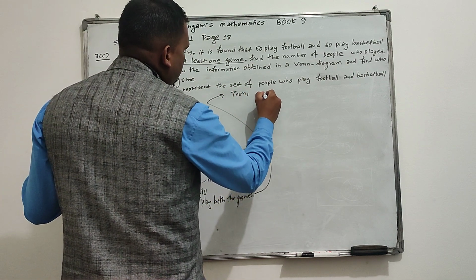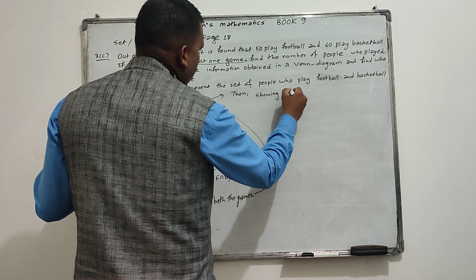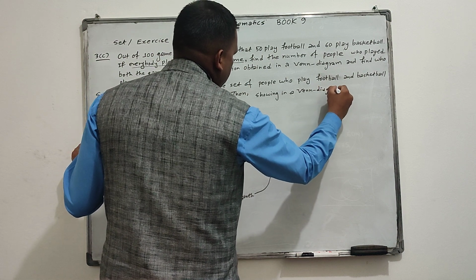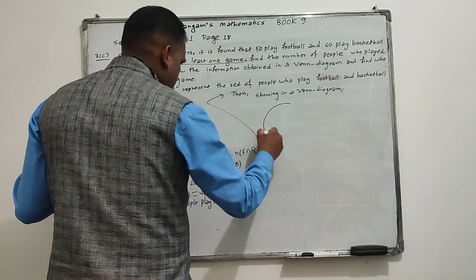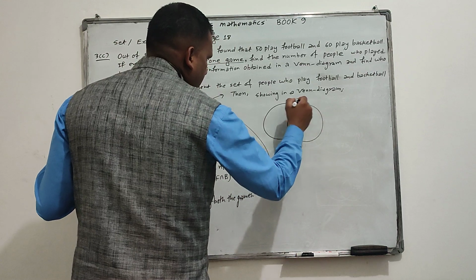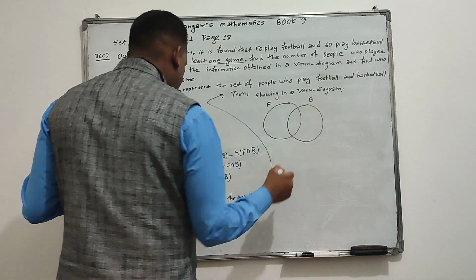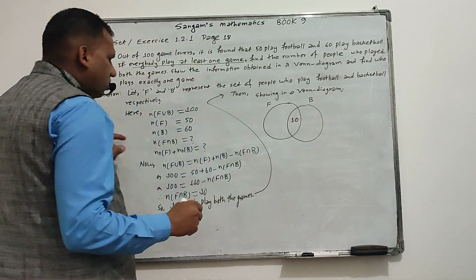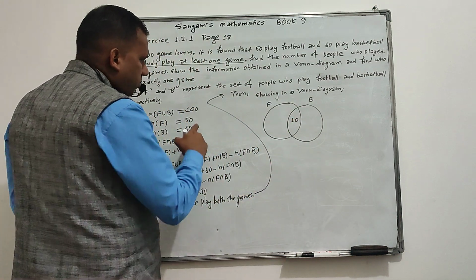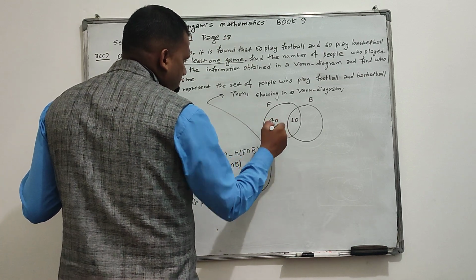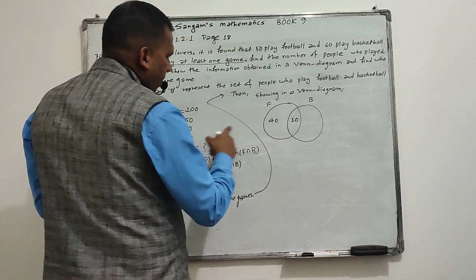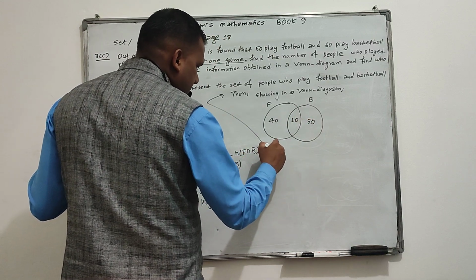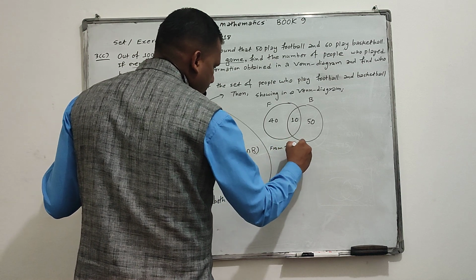Showing in a Venn diagram, football F, basketball B. Those who play both, that is 10. Only football, who play only football, that is 50 minus 10, 40. Who play basketball only, 60 minus 10, that is 50. From the Venn diagram,